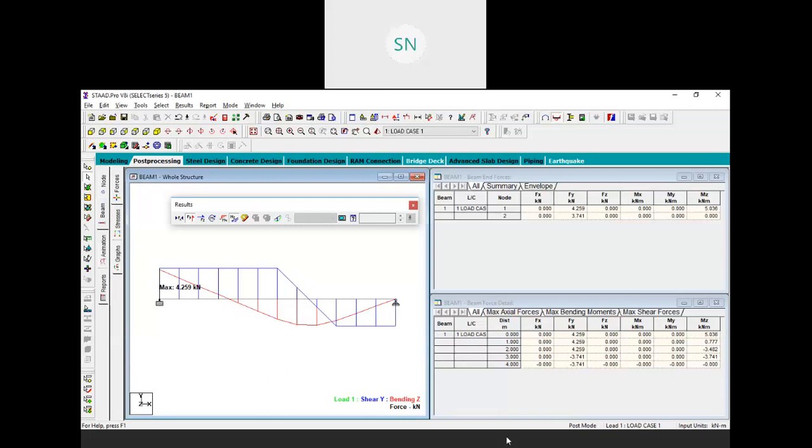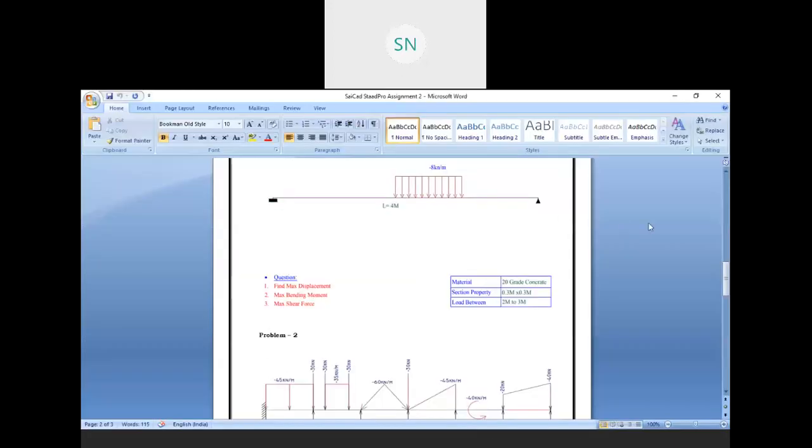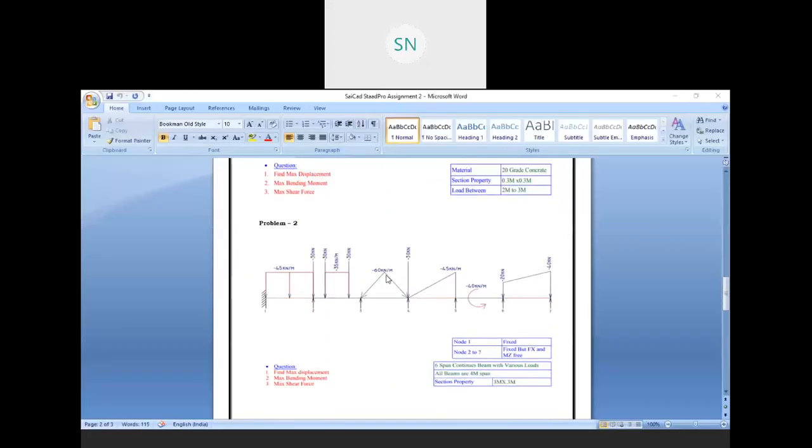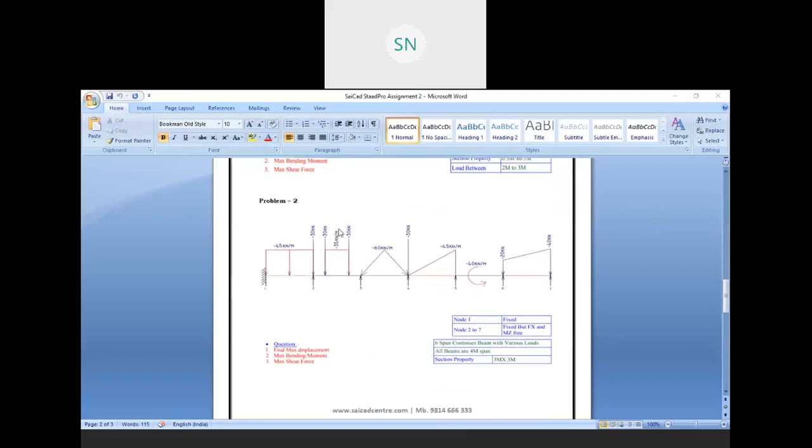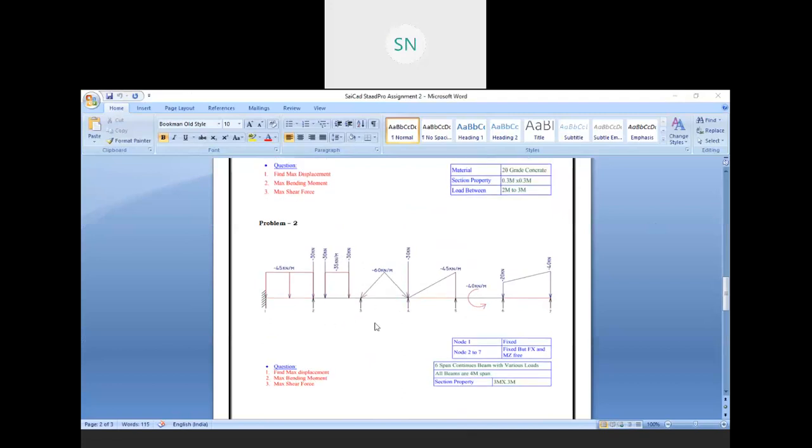Okay, so now we have one more problem over here. And the second problem, you have to find the same thing, but in this problem we have 6 beams. 1, 2, 3, 4, 5, and 6 beams.